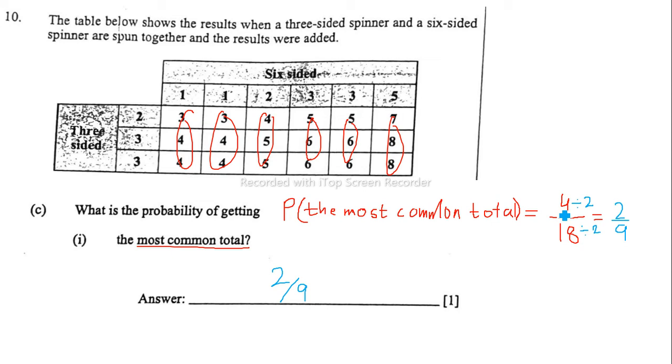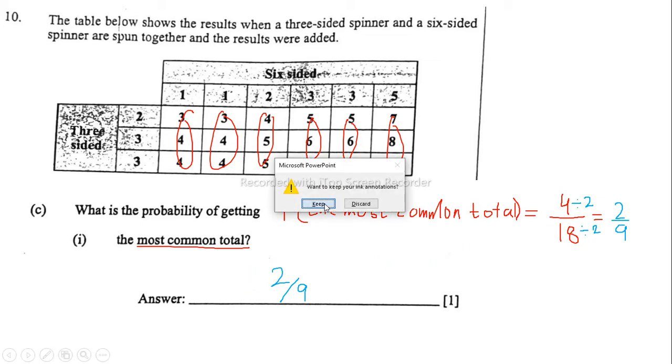Alright. So the probability of getting the most common total is 2 over 9. Next up is